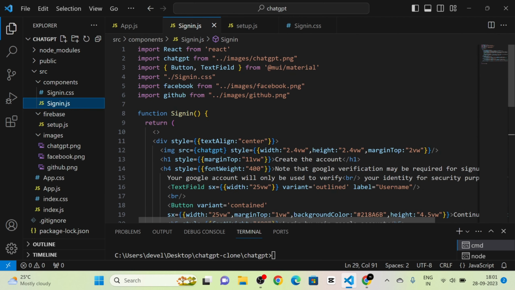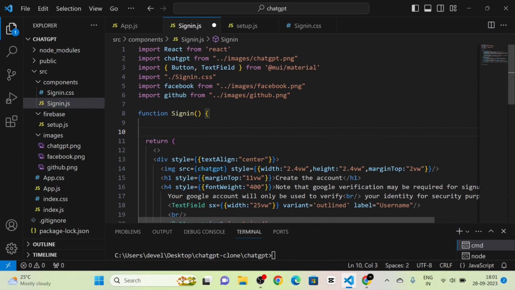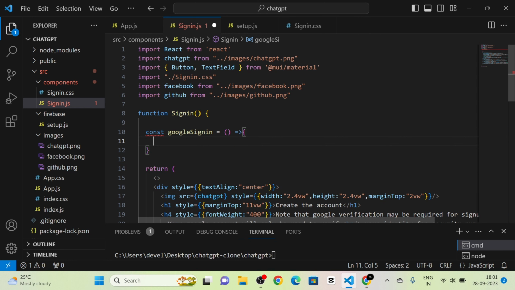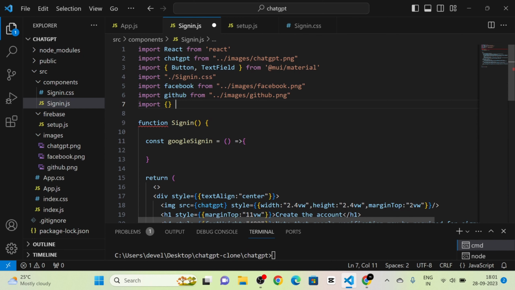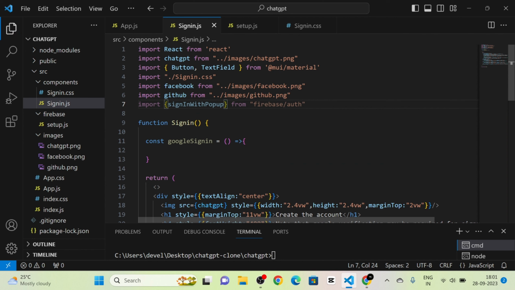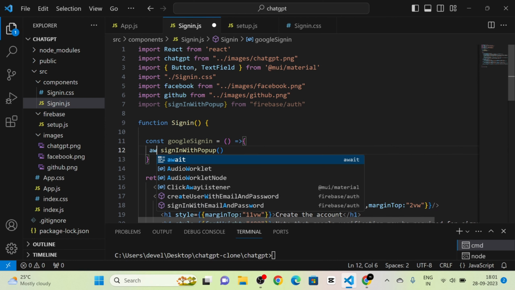Next I'm going to define a function in the sign-in component. So here I'm going to define the function called Google sign-in. Const Google sign-in as an arrow function. Then inside this Google sign-in, I'm going to give a function. So I'm going to import the function from Firebase auth. So the function that I'm going to import from Firebase auth is sign in with pop-up in this way. So next I'm going to use this sign in with pop-up function inside this Google sign in, and I'm going to give async await,